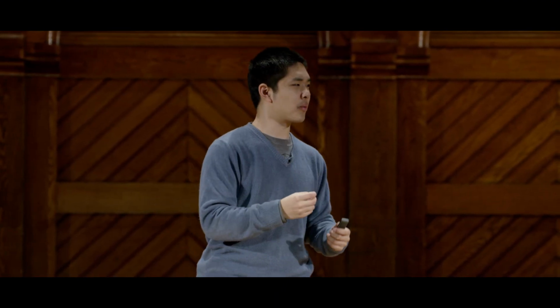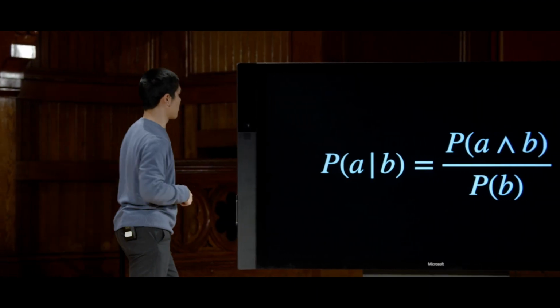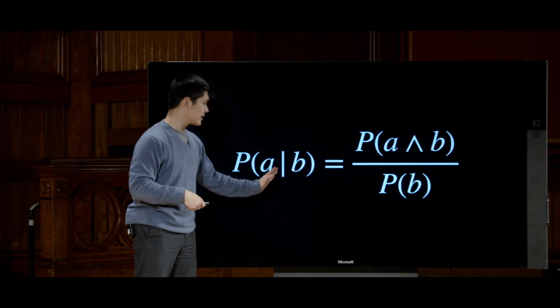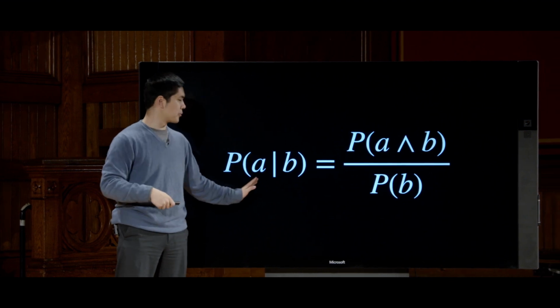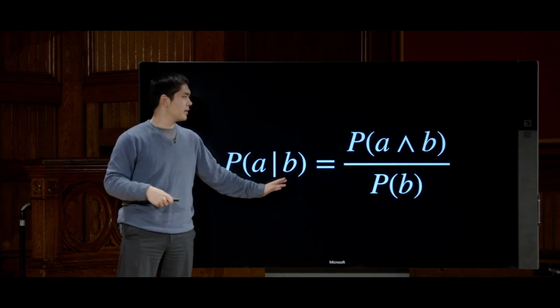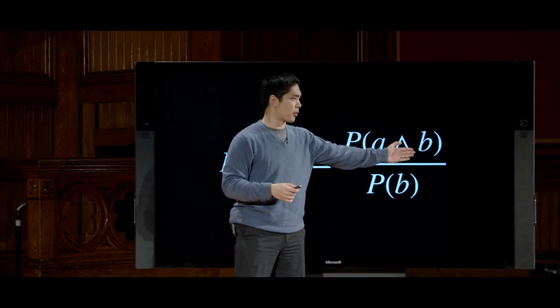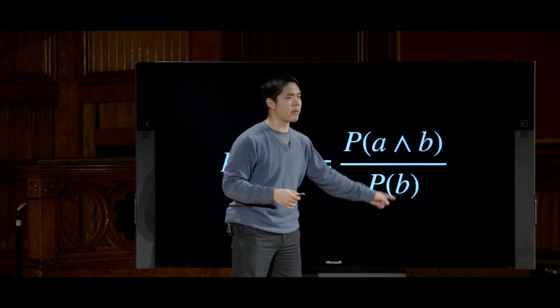So now that we've got this idea of what conditional probability is, the next question we have to ask is, all right, how do we calculate conditional probability? How do we figure out mathematically, if I have an expression like this, how do I get a number from that? What does conditional probability actually mean? Well, the formula for conditional probability looks a little something like this. The probability of A given B, the probability that A is true, given that we know that B is true, is equal to this fraction, the probability that A and B are true, divided by just the probability that B